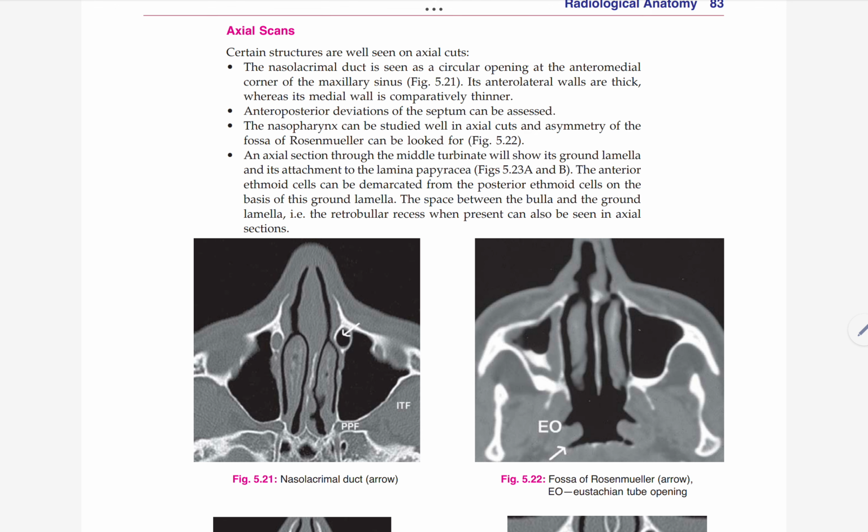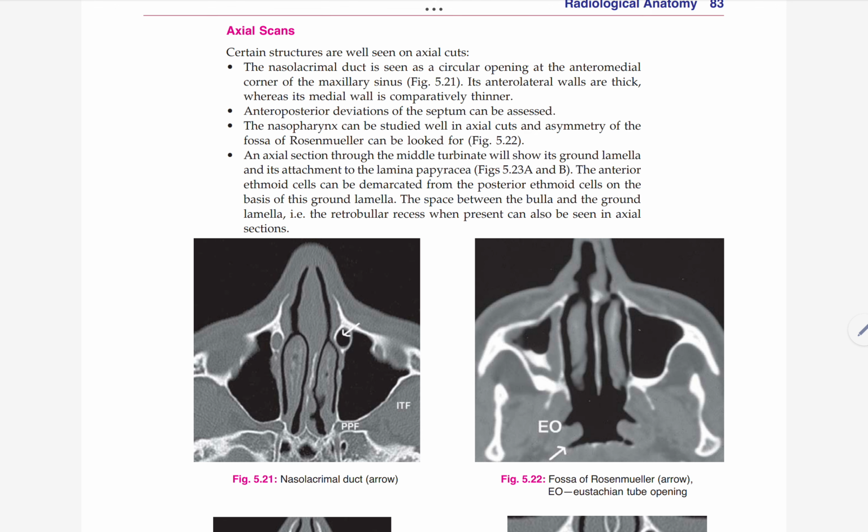An axial section through the middle turbinate will show its ground lamella and its attachment to the lamina papyracea. The anterior ethmoid cells can be demarcated from the posterior ethmoidal cells on the basis of this ground lamella. The space between the bulla and the ground lamella, that is, the retrobullar recess, when present, can also be seen